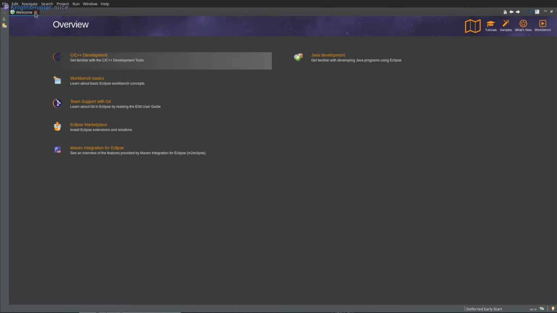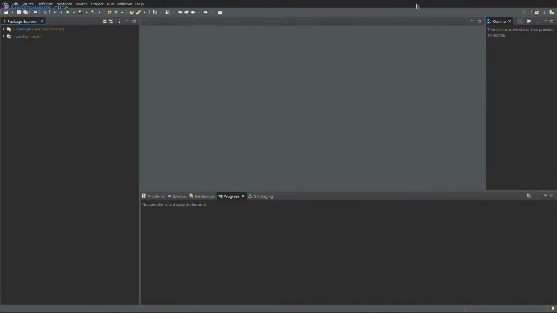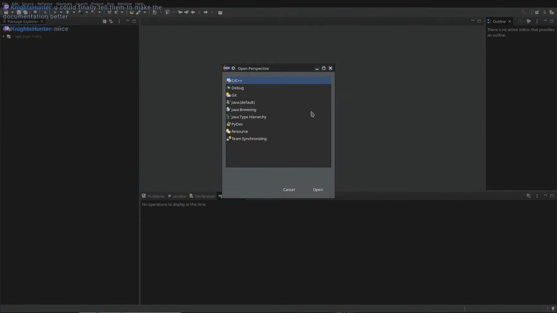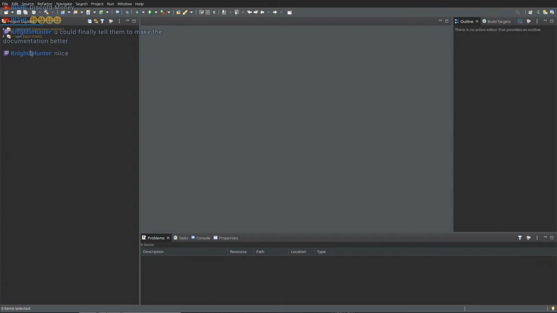Okay, this is done. Welcome. Now we can change perspective. Other perspectives, yeah. You could finally tell them to make the documentation better. Well, Hikari is not actually their project. It is a third-party project. C, C++, I guess they are the same.